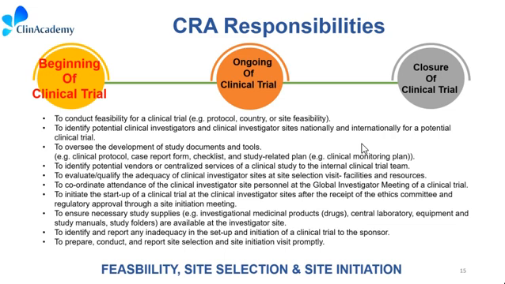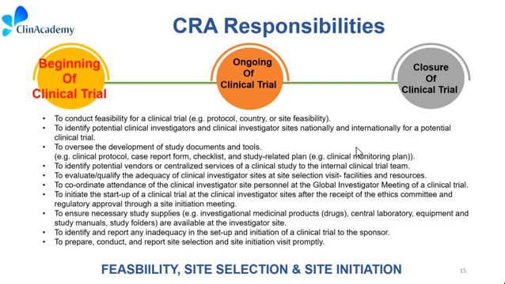In the beginning of a clinical trial, it involves planning, setting up, and initiating of a clinical trial at the clinical investigator site. At this phase, the CRA is required to conduct visibility for a clinical trial, to identify potential clinical investigators and clinical investigator sites nationally and internationally for a potential clinical trial, to oversee the development of study documents and trials, to identify potential vendors or centralized services of a clinical study to the internal clinical trial team,